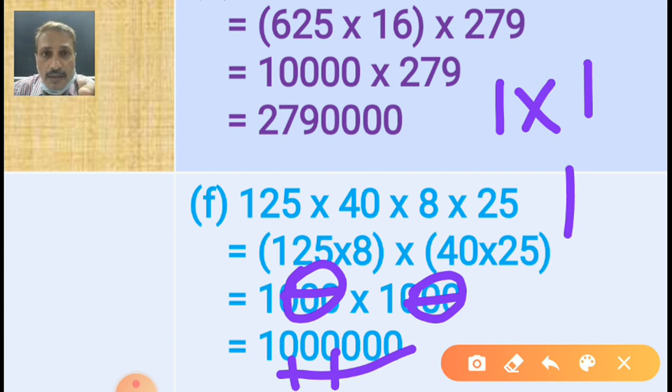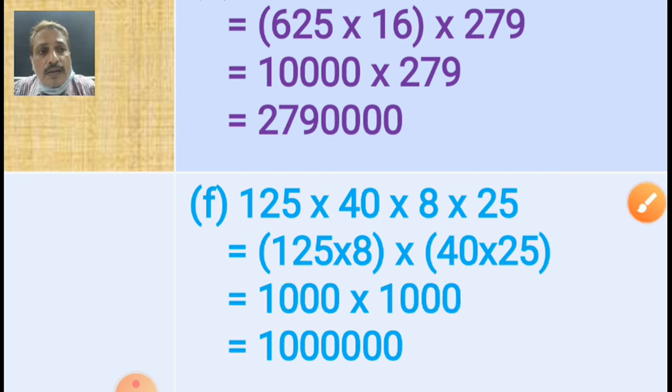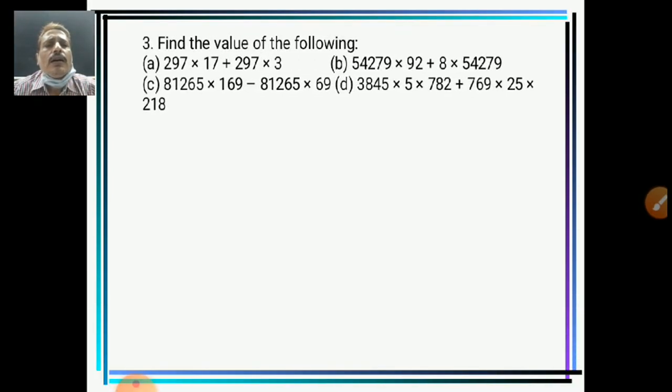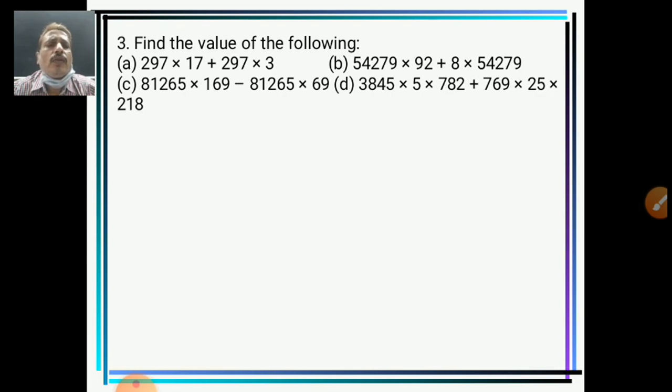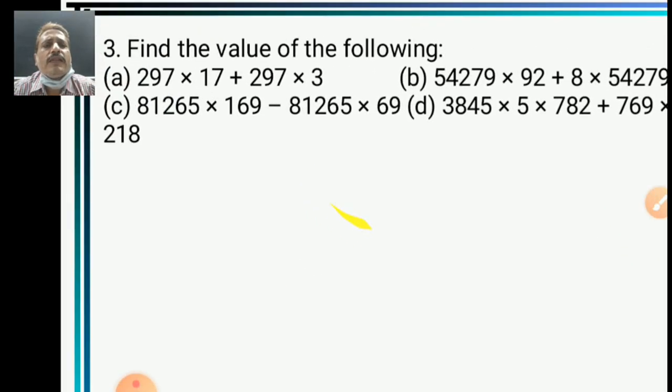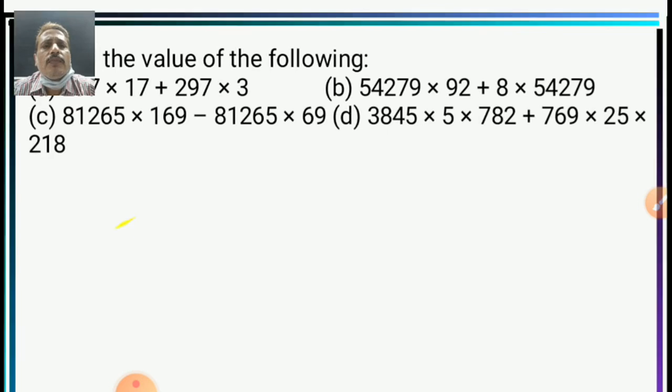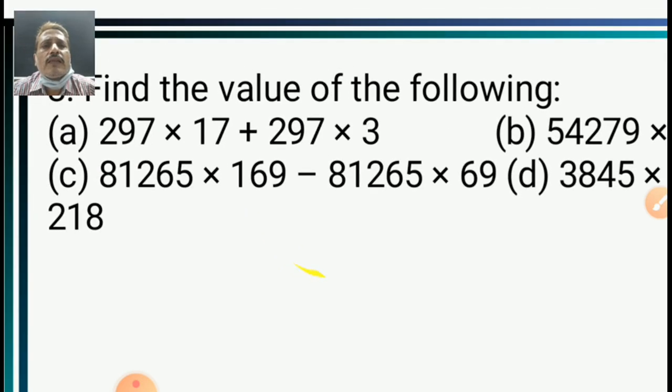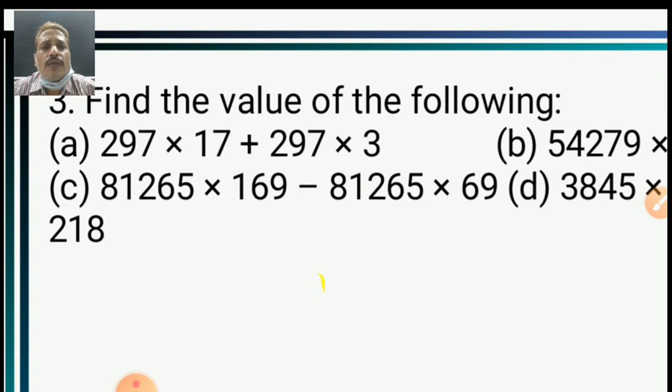Will you move to the third one? I will give only 2 answers. The rest of the answers you can find yourself. That's homework. The method is common only. Here I already explained each and every answer. Third question. Find the value of the following. It also has 4 questions. Very simple, students. The rule is a little different because I will show you only one answer. You can use your brain and find out the remaining.